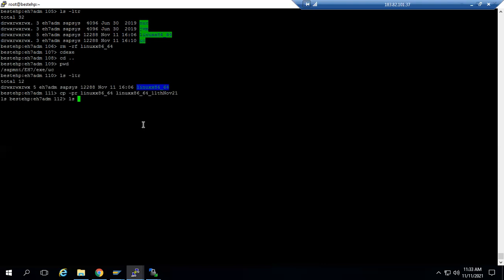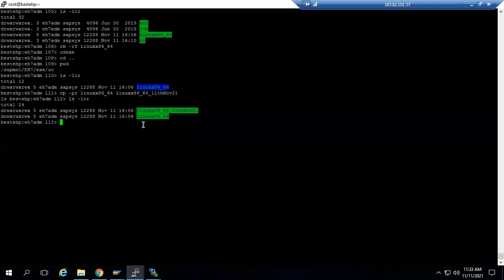So it is copying. Wait now. So now see, backup has been done. Before doing the kernel upgrade, make sure that the backup is there. Okay, backup is there, right? So what is the location where you have taken the backup? This location. Okay, right? So I will create one folder in this location also, mkdir.